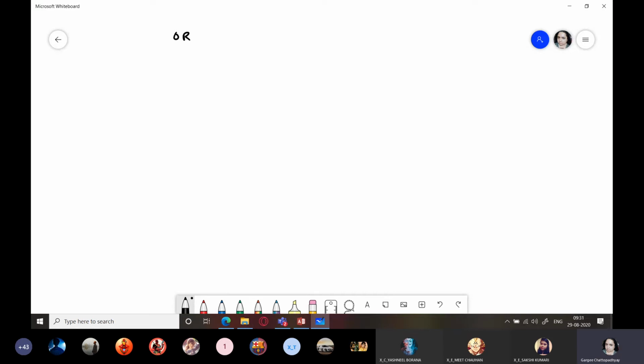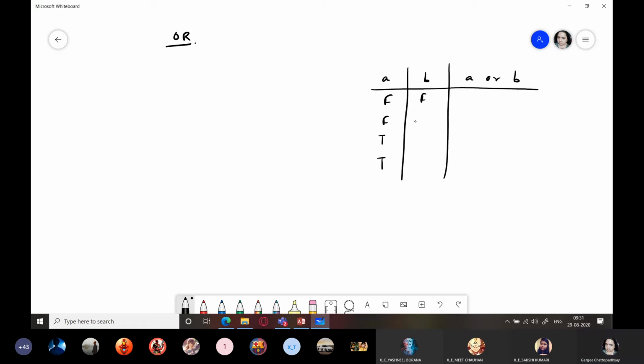Now what does OR say? You have two statements A, B and A or B. So you write F or F, F or T, T or F, T or T. Or says even if one of the statements is true, the result will be true.